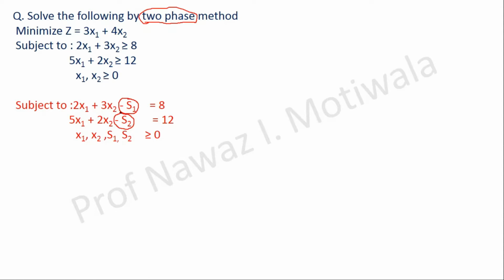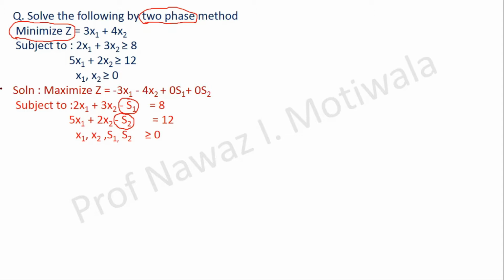Now the next step is to make the corresponding changes in the objective function also, such that it does not affect the solution. So we have to include s2 and s1 in the objective function with a coefficient 0 such that it will not affect the objective function. And one more thing we have to do is convert this minimization problem into a maximization problem for easy solving and for our method to be uniform. So to convert that minimization into a maximization problem, we just multiply it by a minus sign.